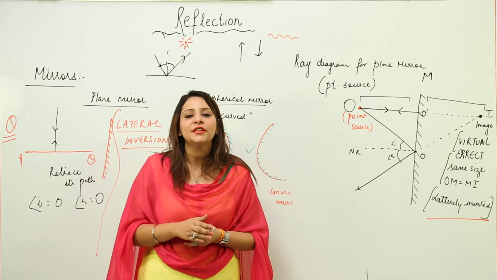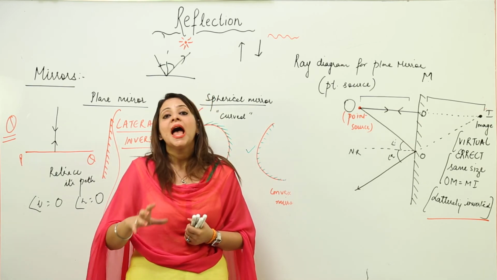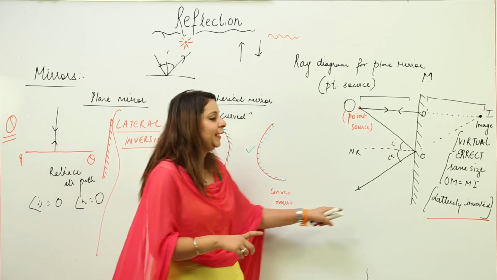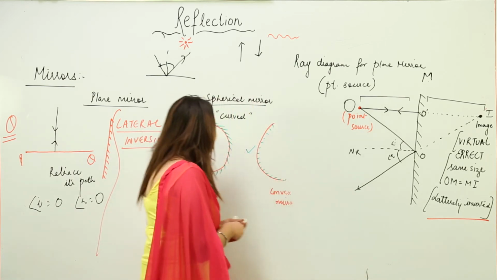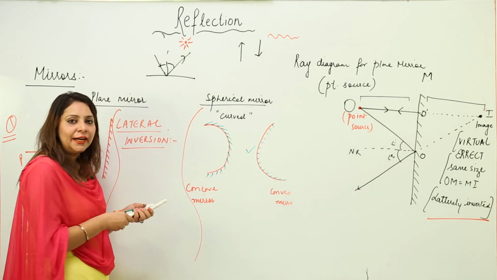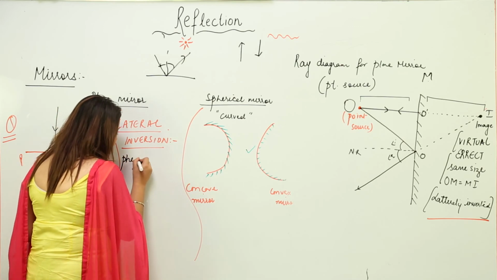So this kind of thing is called lateral inversion or laterally inverted, and this is a feature of the plane mirror. The plane mirror always shows that your left hand side becomes right and right becomes left. So lateral inversion is a phenomenon